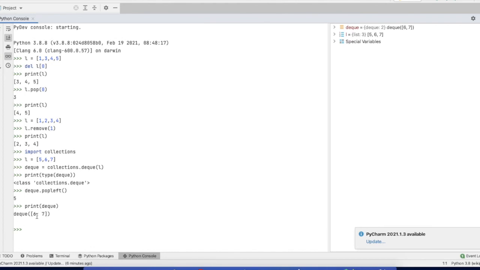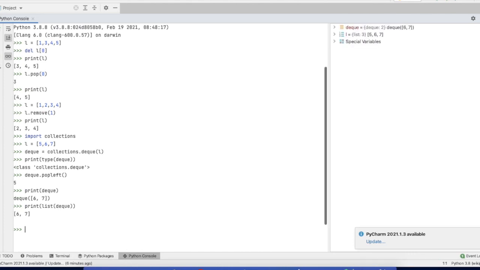In this video we are learning how we can remove the element from the list. So at the end we just need to change this deque into a list. For this we are just going to use the list function and we just need to pass the deque here. Now you can see we get our list. So that is how you can remove the first element from any list.